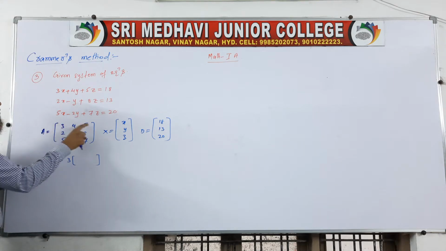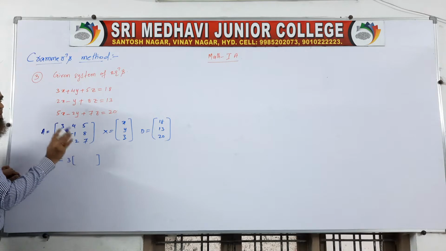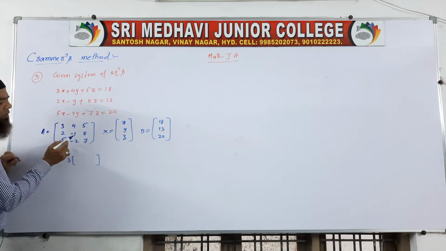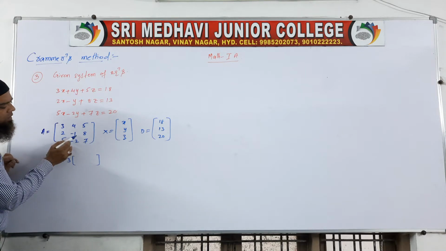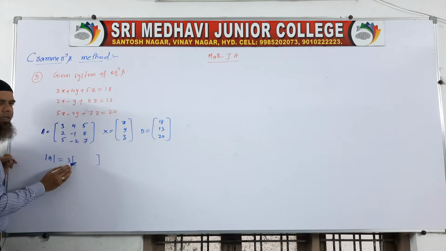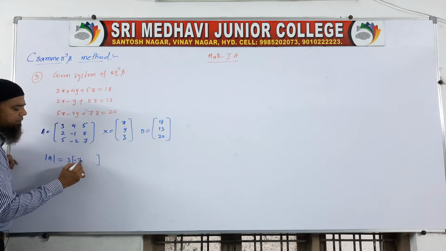Eliminate this row, eliminate this column. Then you will get -1, 8, -2, 7. Totally 4 elements are left over here. For these elements we have to apply the determinant formula, AD minus BC. We are multiplying these two numbers. -1 into 7. Do one thing, directly multiply the numbers and write it down here, don't write -1 into 7. -1 into 7, that is -7.